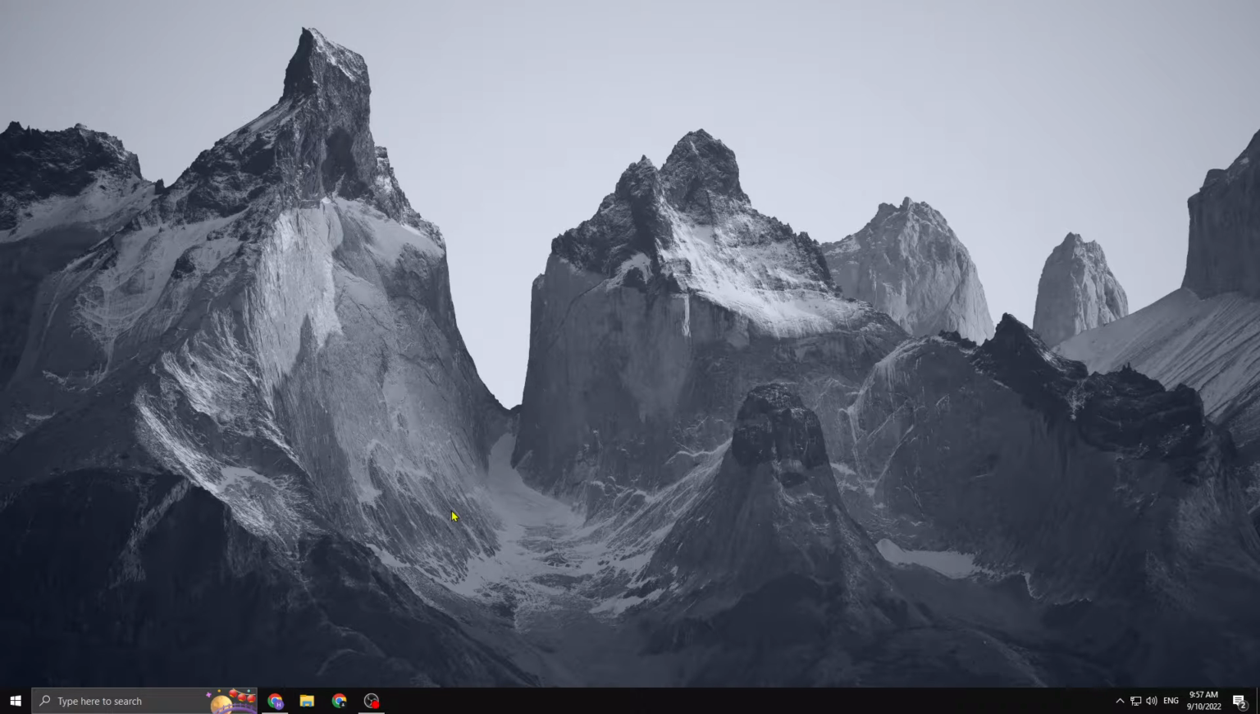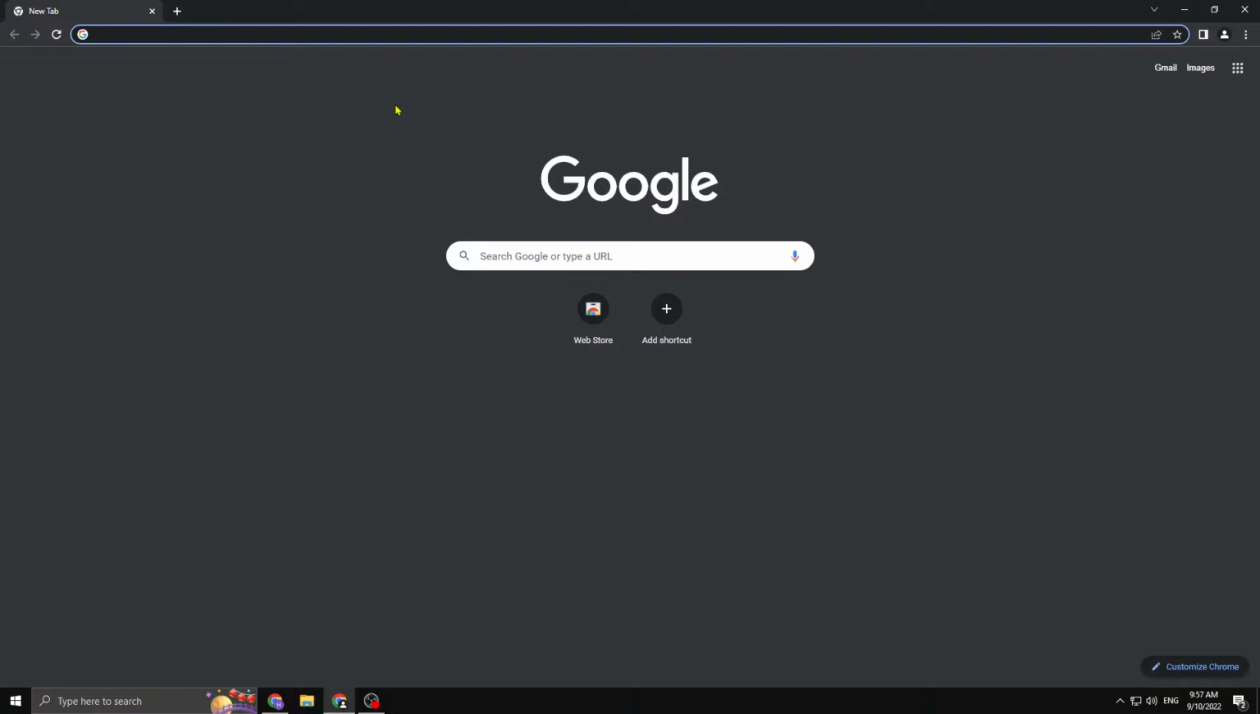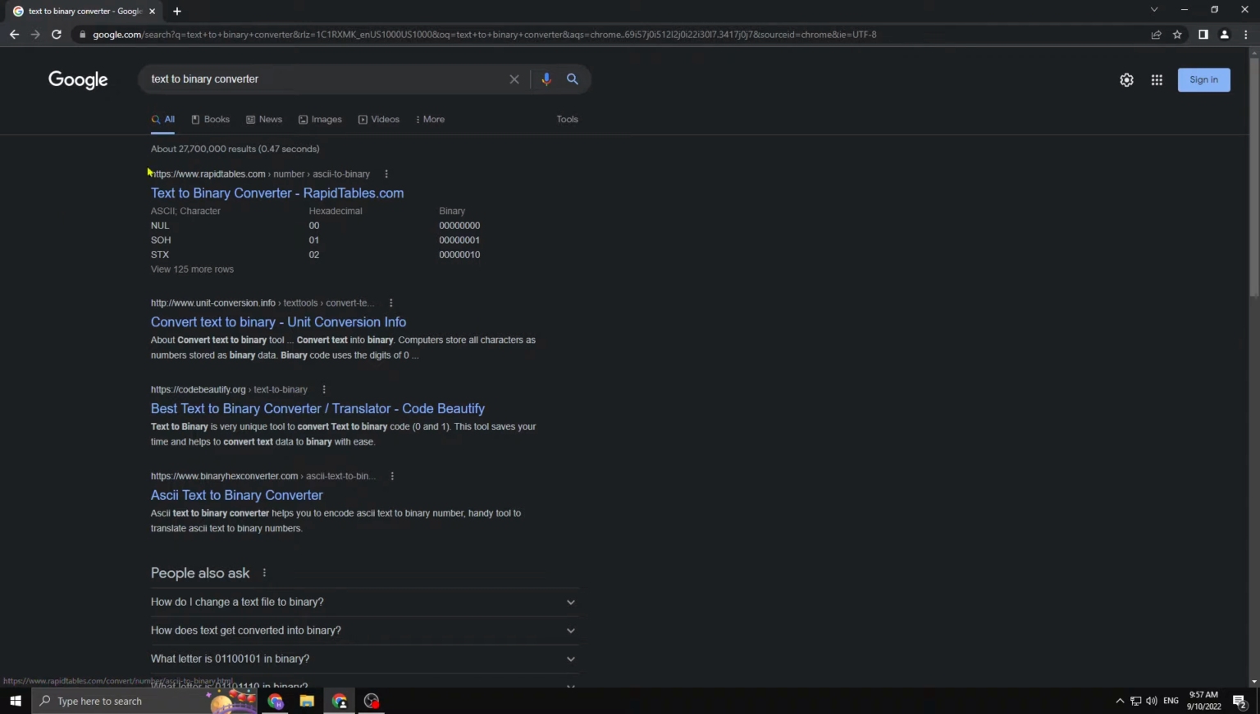In today's tutorial, I'm going to show you how to convert text to binary. So it's actually pretty simple. All you need to do is open up Google Chrome, and then inside of Chrome you guys want to type in text to binary converter. Press enter and it'll be the first link right here,